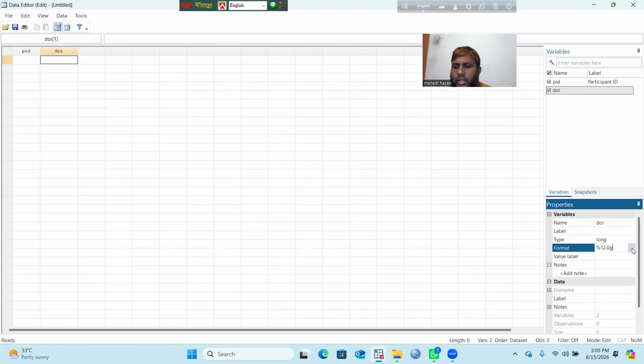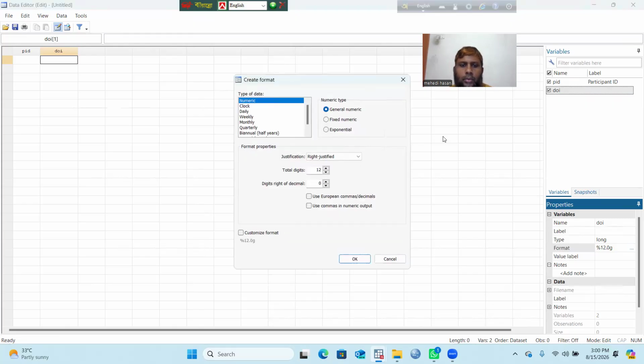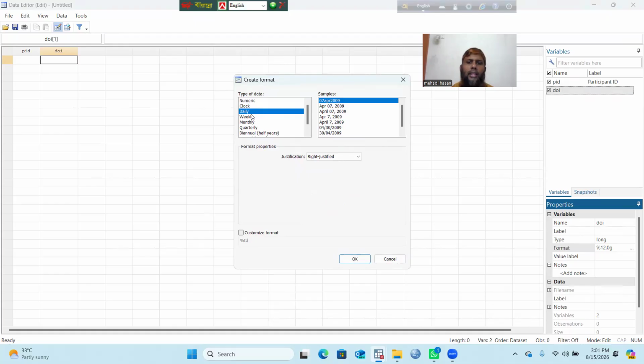So it could be in many format. So we have to select our format. What would be our format? So for this reason, we have to go daily option, and then here you can see lot of samples. So I would like to select first one, and then I have to